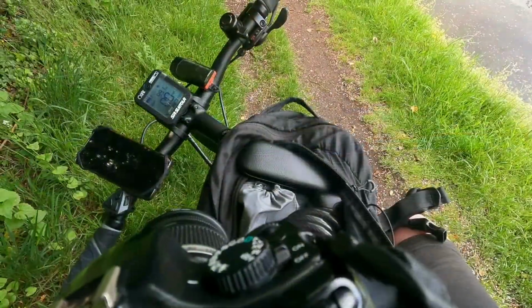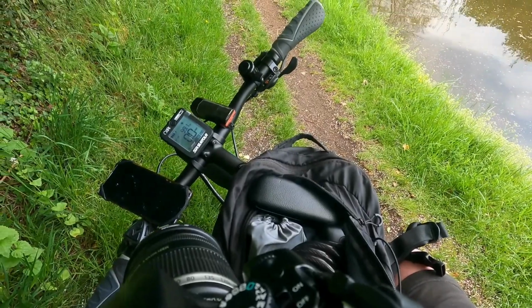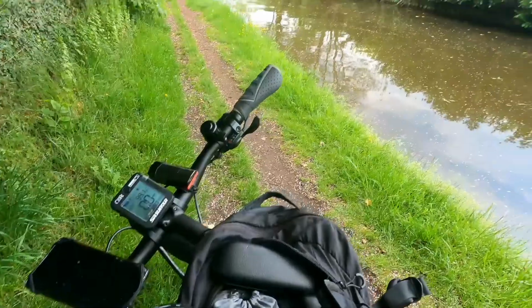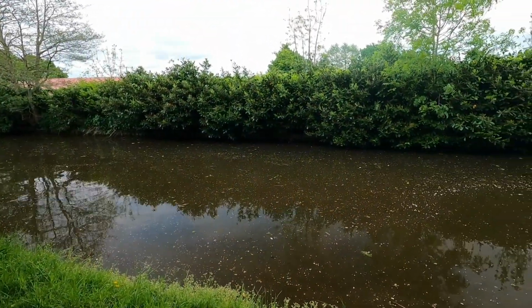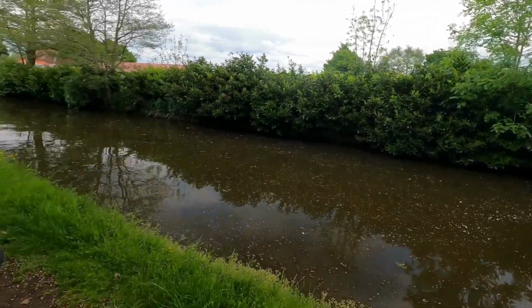Quick switch out of the GoPro battery because, yeah, they last about 5 minutes. Seem to have stopped next to one hell of a chicken coop. There's also a lot of dogs there. They were howling a second ago, but